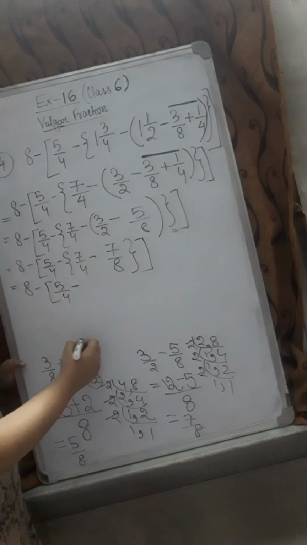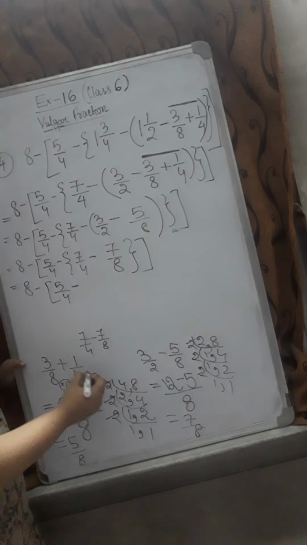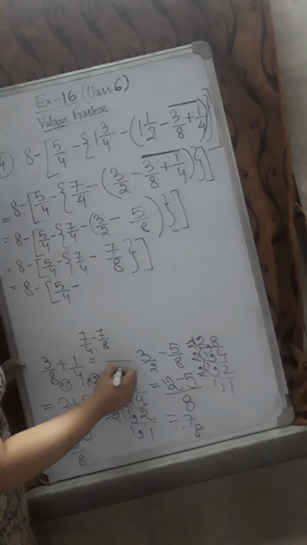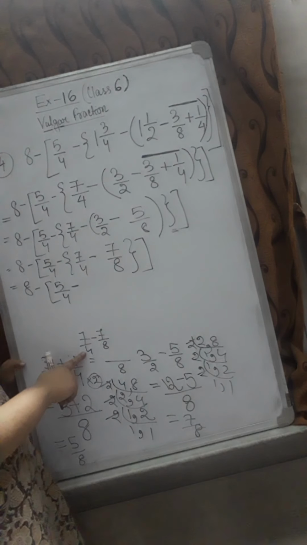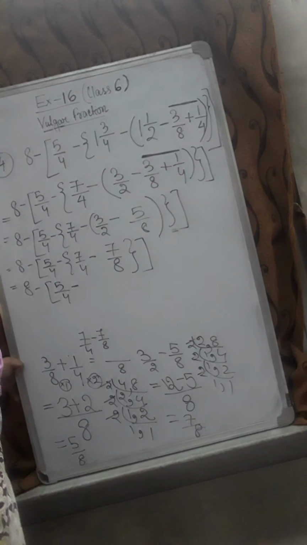Second bracket, 7/4 minus 7/8. The LCM of 4 and 8 we have already found out. It was 8. 4 into how much gives you 8? 2. That 2 you multiply with 7. It gives you